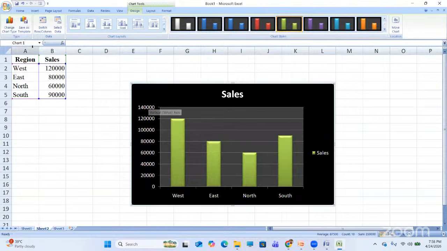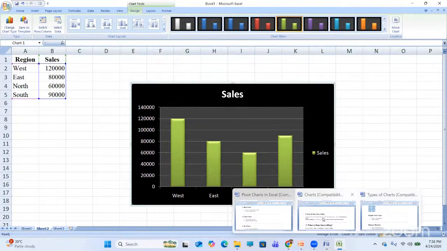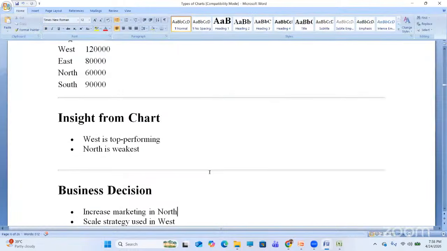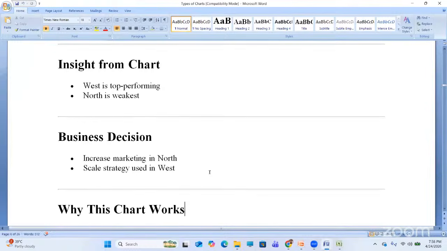Is it okay, guys? The first case study. After that, what is the business decision? Increase the marketing in the north according to the chart. Scale the strategy, use it in the west and all. So like that, we can take the